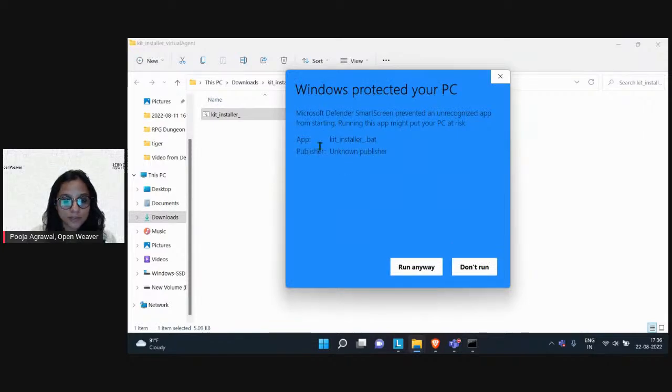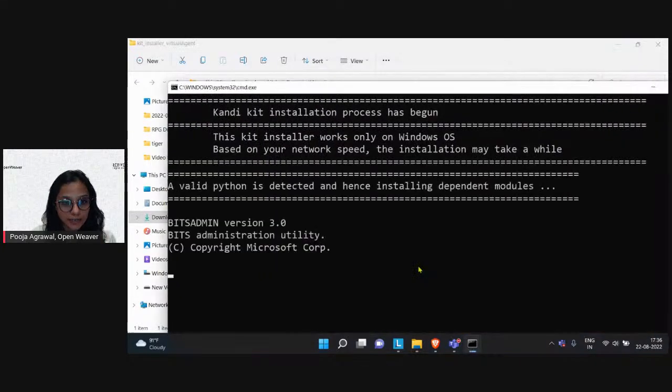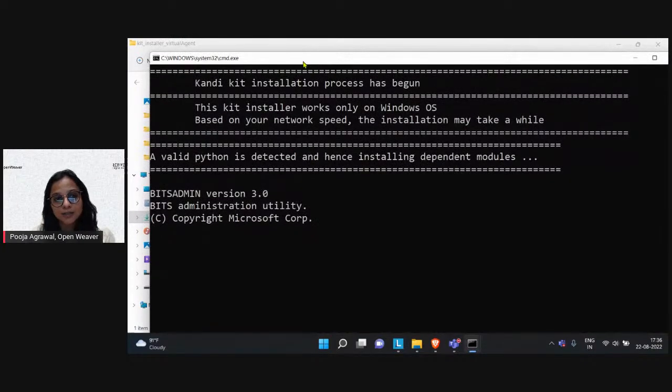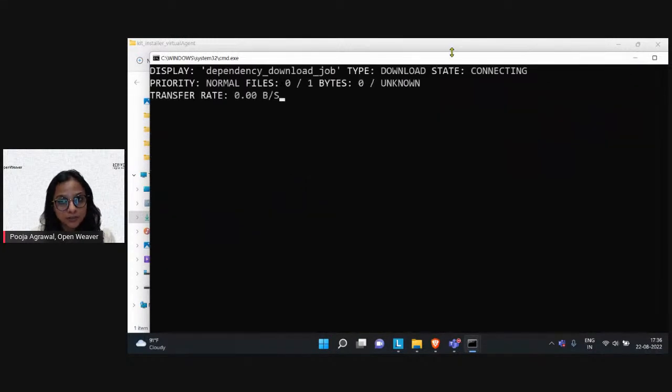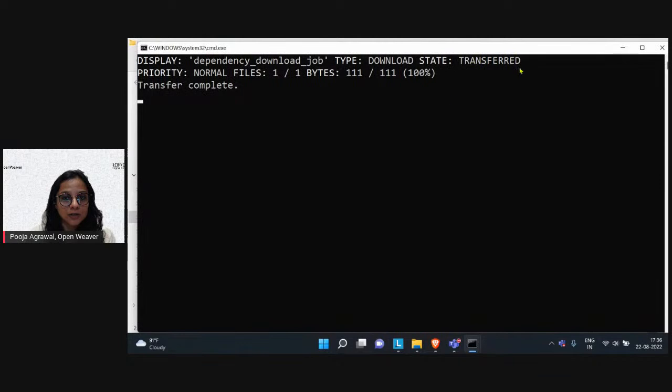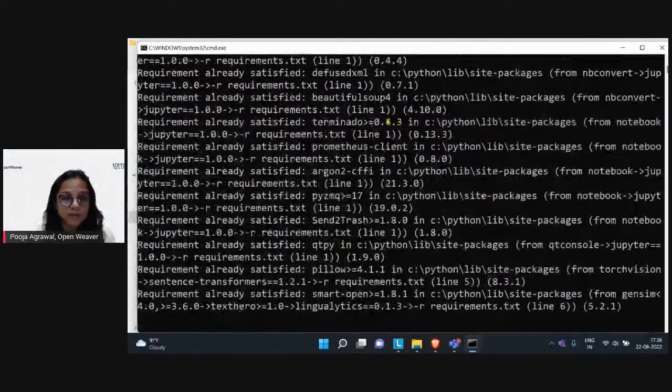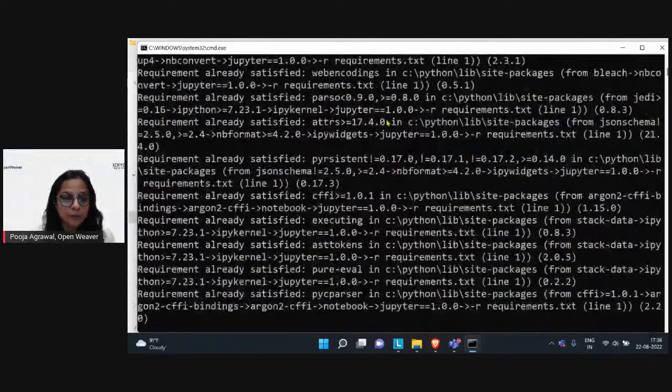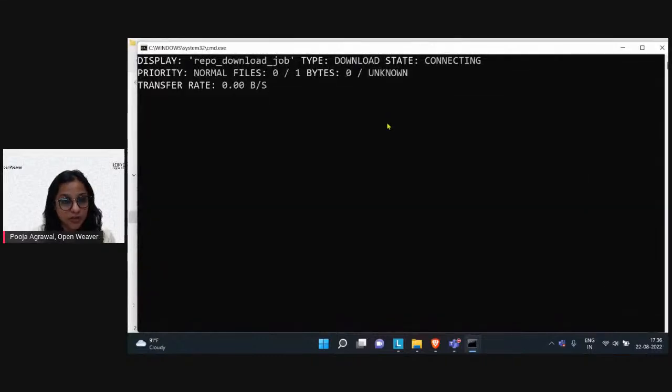This will give me a notification. I'll say more info and say run anyway. So this will simply start the setup of your Candy Kit onto your systems. You would see that as this setup is going on, it will check for all the needed requirements, Python libraries, Jupyter Notebook, etc., onto your systems and starts setting all of it onto your local